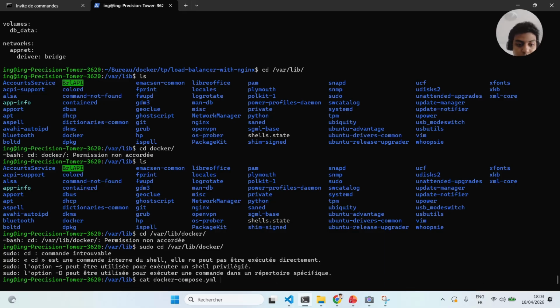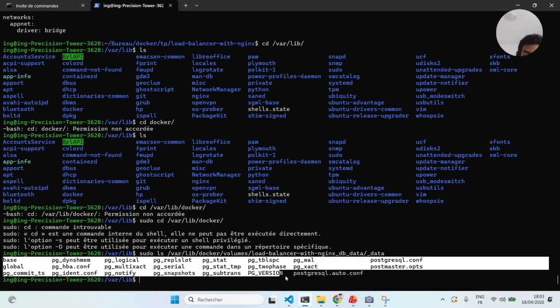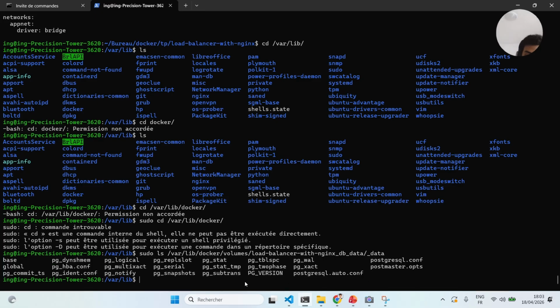Even if you shut down, here are the Postgres files that are stored on the physical device. Of course, we don't need to touch that, because if we do that, everything will be lost. So you can use docker exec postgres with your username and password to access the data, but to make sure that everything is here, just check the path you created with Docker.